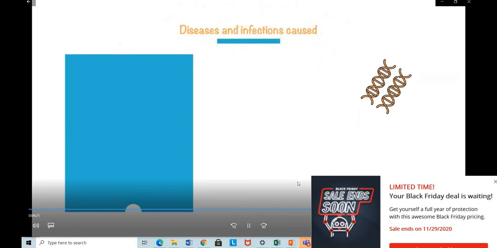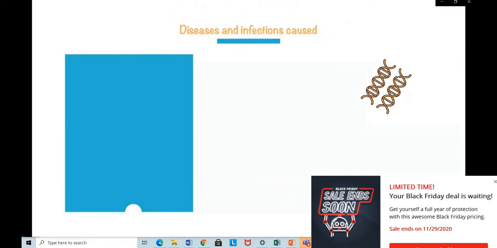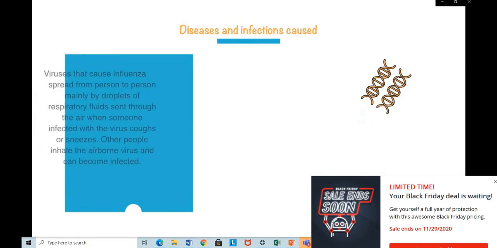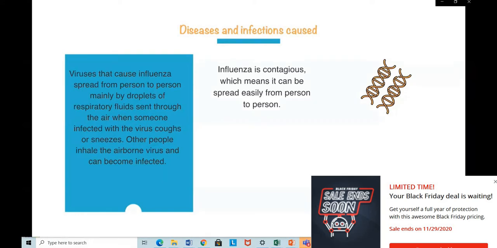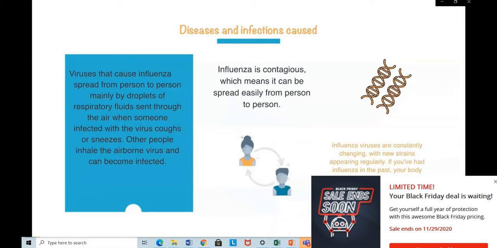Diseases and infections caused. Viruses that cause influenza spread from person to person, mainly by droplets of respiratory fluid sent through the air when someone infected with the virus coughs or sneezes. Other people inhale the airborne virus and can become infected. Also, the influenza viruses are constantly changing, with new strains appearing regularly. If you have had influenza in the past, your body has already made the antibodies to fight that particular strain